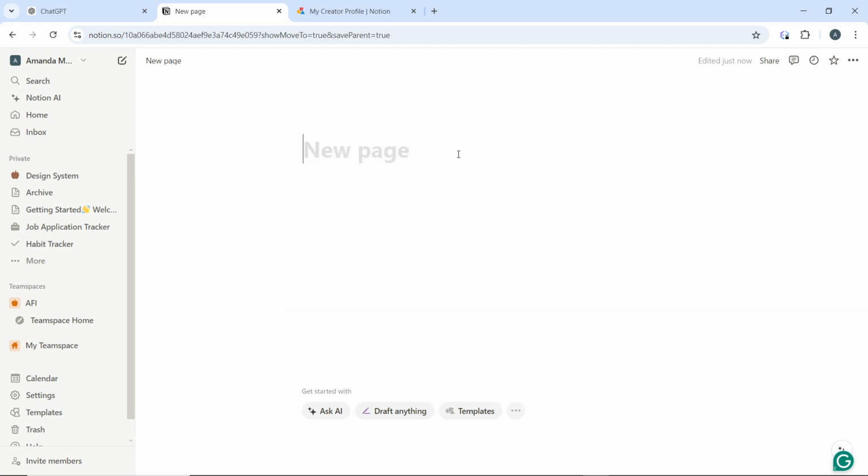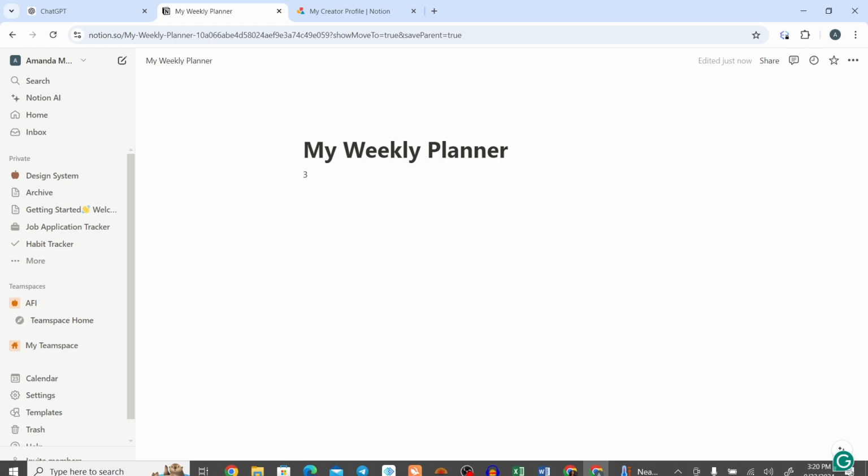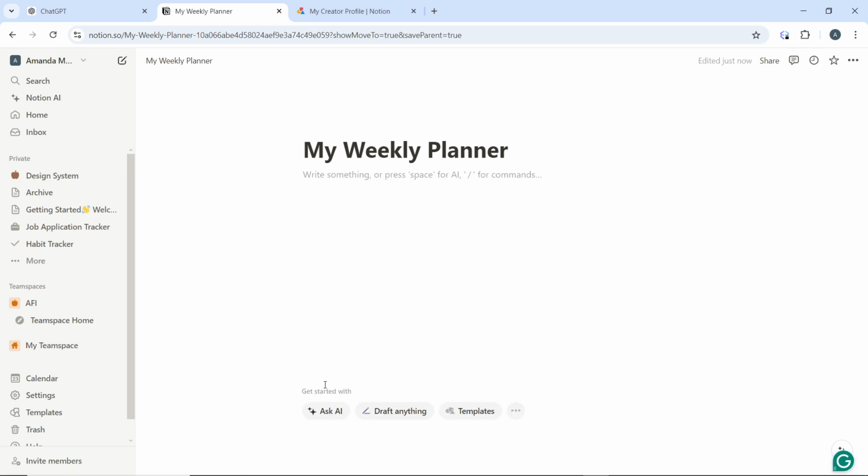So this is an existing page. I'm just gonna have to edit this because I have nothing in here. So here you go, my weekly planner. On your new page, which is what we have here for my weekly planner, go ahead and type the